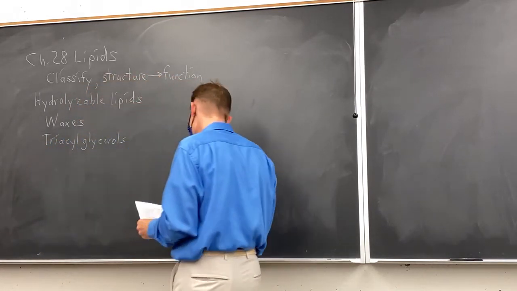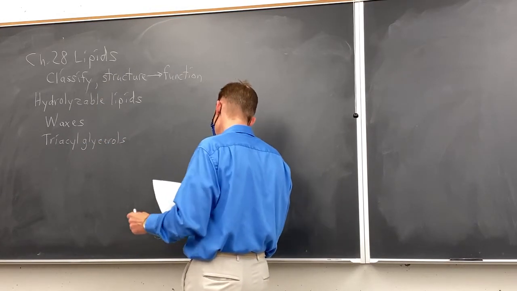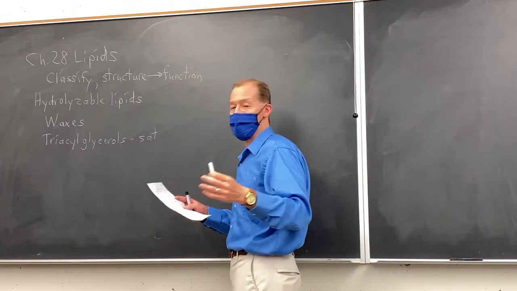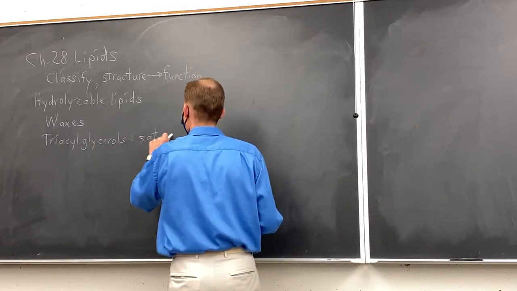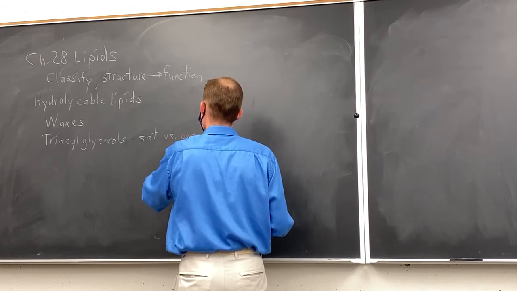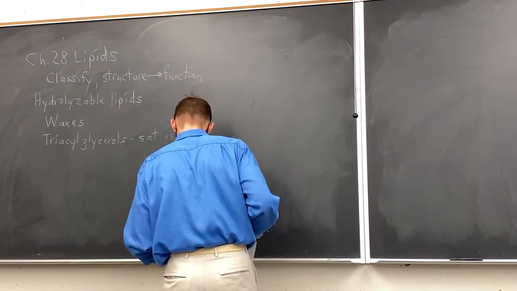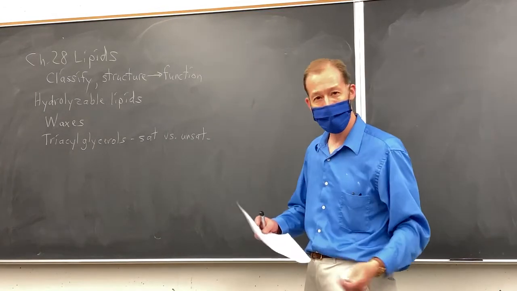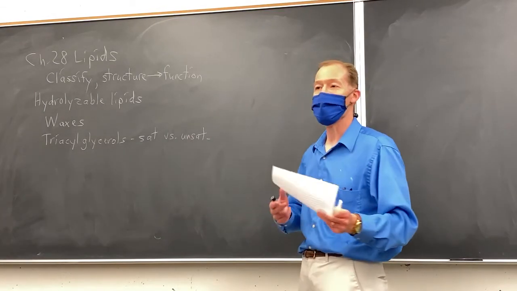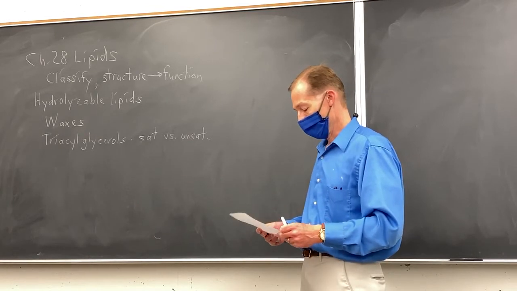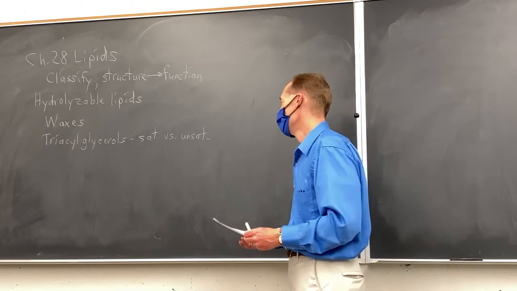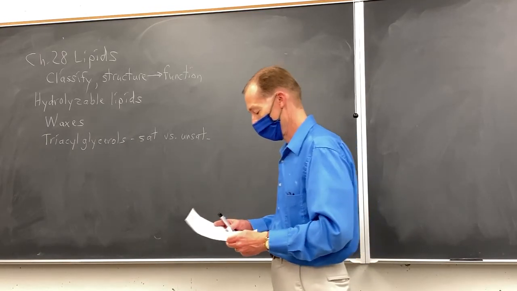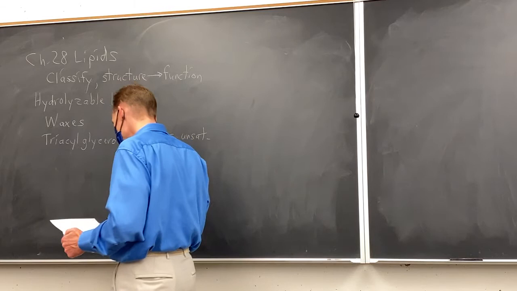So here you should be able to identify the structures again. Triacylglycerols can be made up of saturated fatty acids or unsaturated fatty acids, and that's going to lead to differences in properties of those molecules in terms of melting points. So understanding those differences: the saturated ones are referred to as fats, the unsaturated ones are referred to as oils. And then another